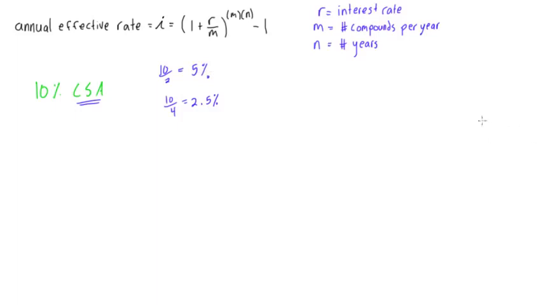So our formula is for I: I is equal to 1 plus 0.1 over 2, to the power of M times N, so we'll have 2 times 1, all minus 1. This will reduce to 1.05 squared minus 1, and we'll get